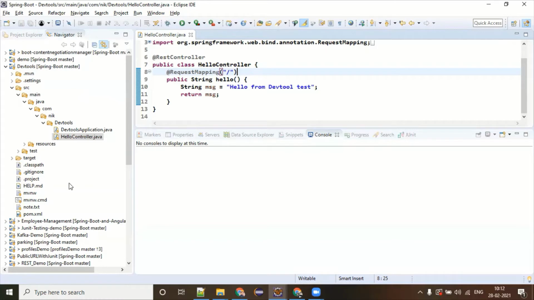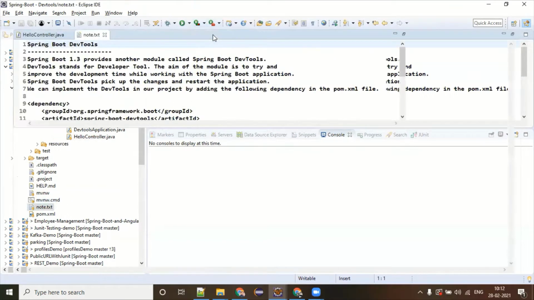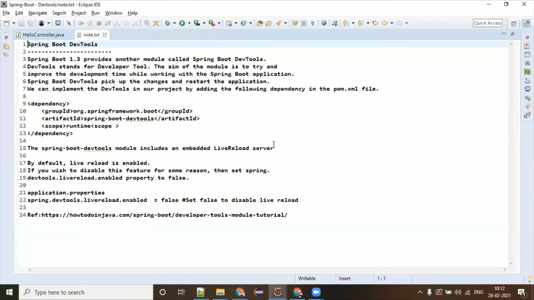So DevTools has come up with the idea where whenever any changes happen, as a developer you don't need to bother about how to compile, how to take these changes, and how to restart the Tomcat, all these things. Spring Boot DevTools is one of the libraries, or say dependencies, which helps you achieve that. This came along with the Spring Boot 1.3 versions, and from that time it has become not mandatory, but a really needful plugin for each developer.